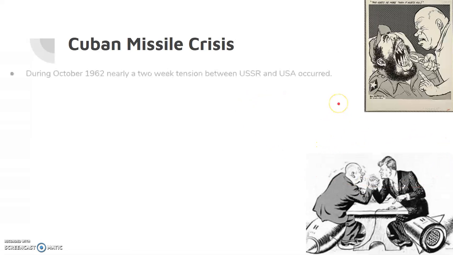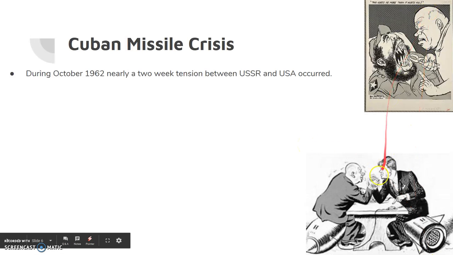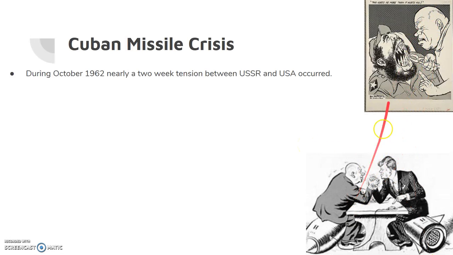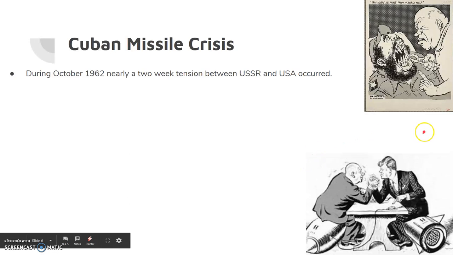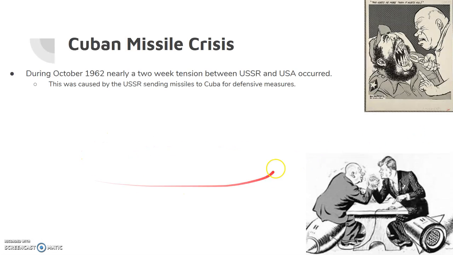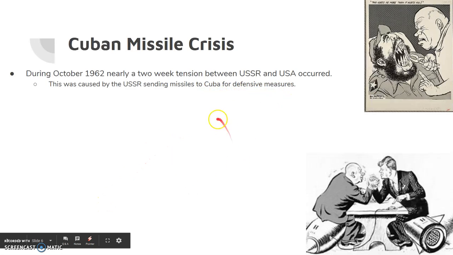Next up, the Cuban Missile Crisis. Taking place October 6, 1962, nearly a 2-week tension between the USSR and USA occurred. And these political comics may depict what might be happening. Essentially, the USSR sent missiles to Cuba for defensive measures, because at this point Cuba was freshly communist, in which